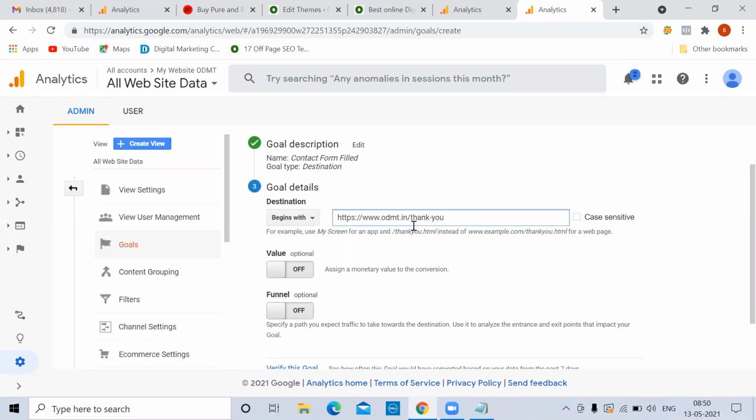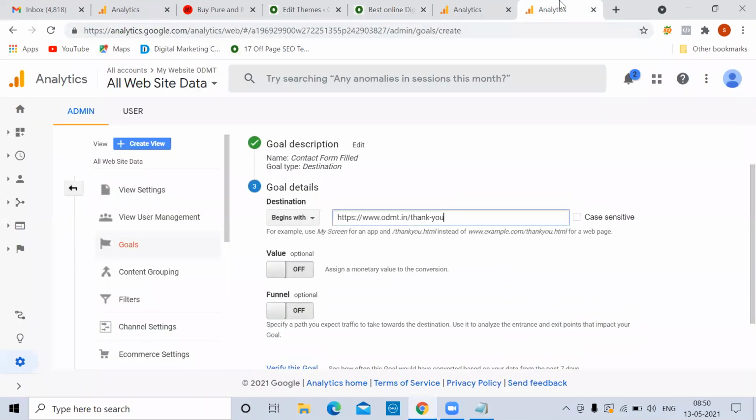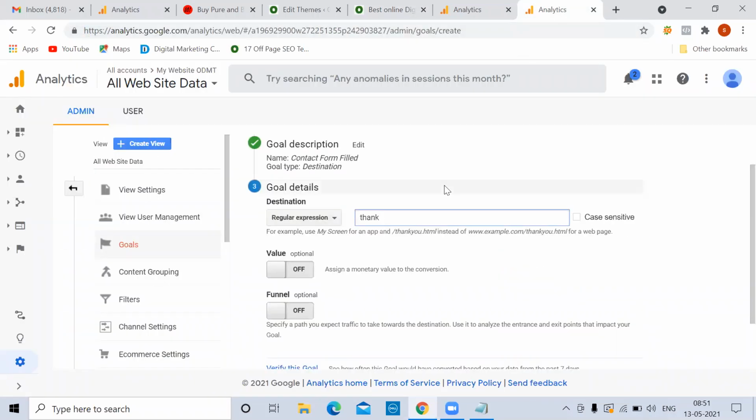It begins with odmt.in/thank you, but after that it can be anything. Still it's a conversion. Or else you can select a regular expression, then mention thank you. It means if thank you is in my URL, it's enough. You can try anything. Let me go with begins with.